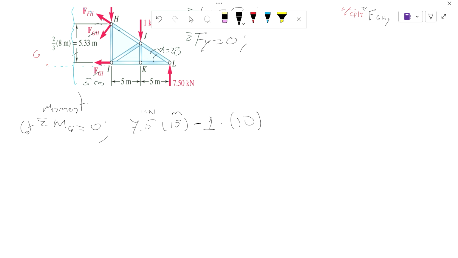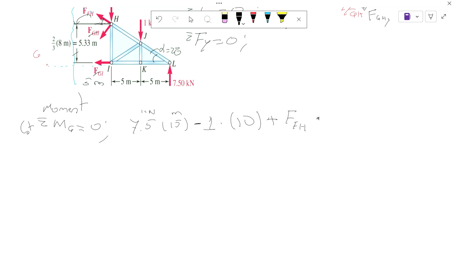Next, we have another force, which is the one that we care about, which is F to H. Okay, and F to H has a component, and let's see which one we use. We use F to H in X, right? Yes, let's see. So this F to H is giving positive moments counterclockwise. So plus F to H, the force that we are now finding, times, okay, so this component,